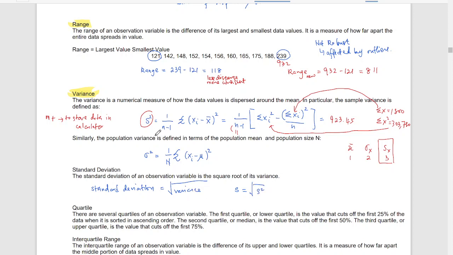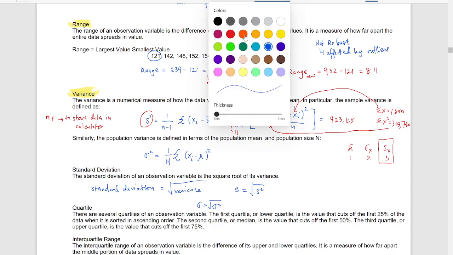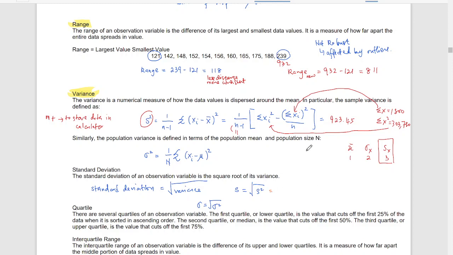Or for the population, it will be sigma is equal to the square root of sigma squared. So in our situation right now, we have this to be equal to the square root of